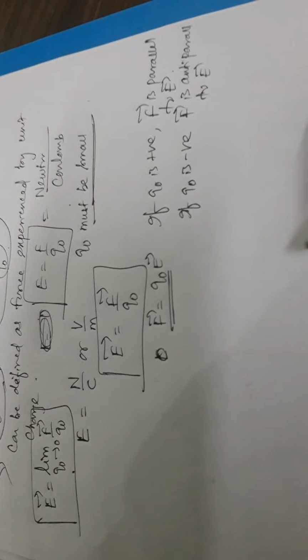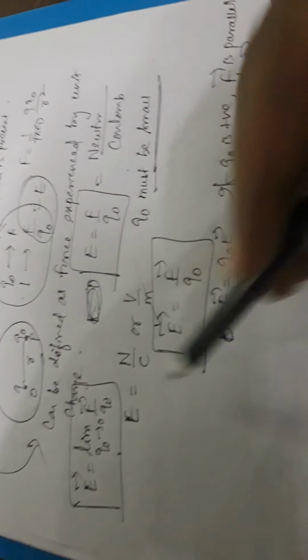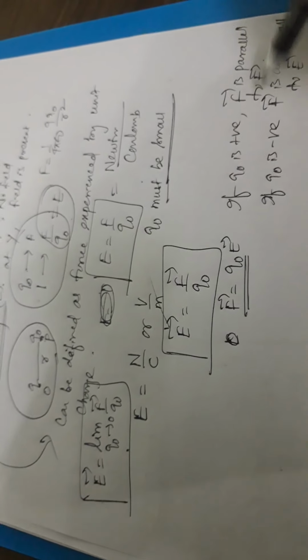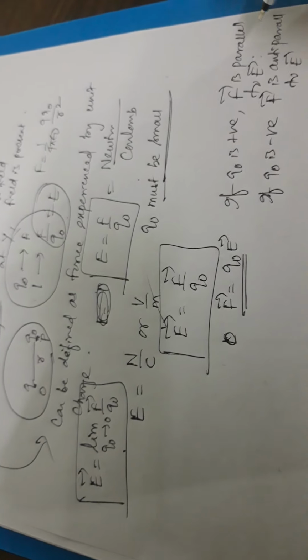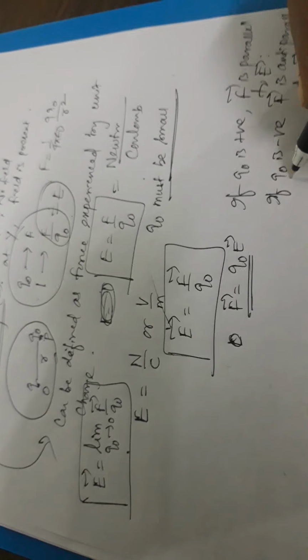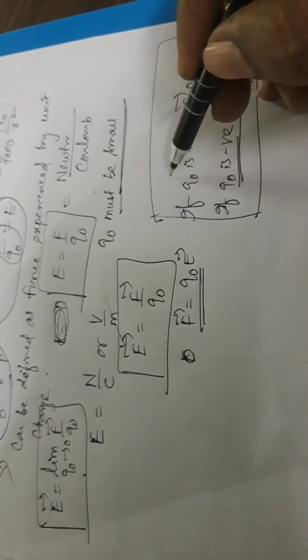Okay. So electric field intensity is a vector quantity. First of all, its unit is Newton per Coulomb, and its direction is along the force vector if the test charge is positive. The F vector is antiparallel to E if Q0 is negative. So to find out the directional relation between F vector and E vector, it depends upon the Q0.